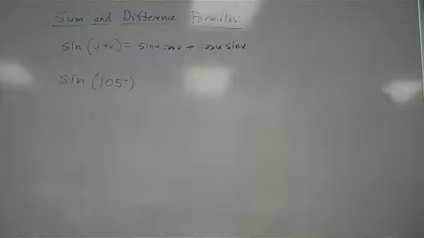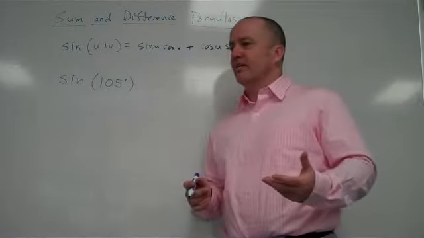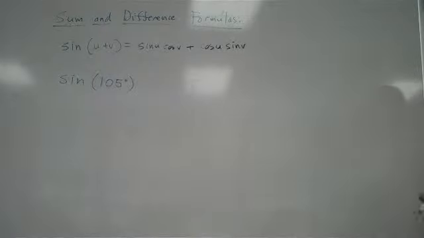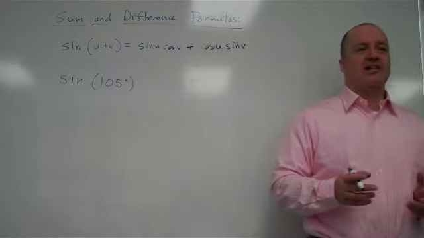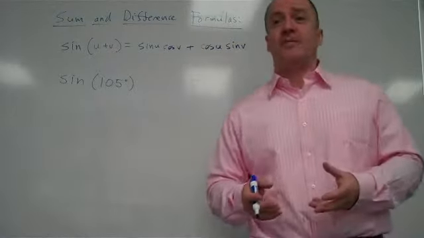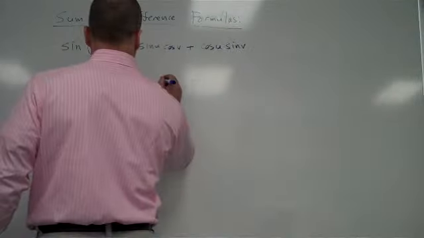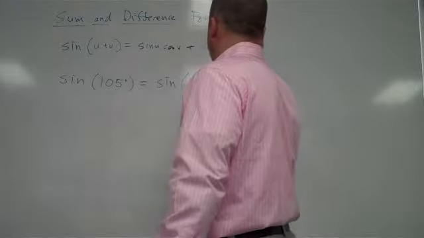Oh, 60, 90, 30, 45. You can add them and subtract them. Yeah, if there's certain numbers, this was really easy, and if you're really clever, you could find almost anyone. 105 could be a combination, guys, of what two angles that you should know? 60 and 45. So if I rewrite this as sine of 60 plus 45,